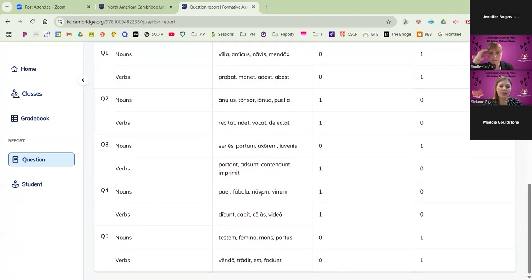And then because this gives you an idea of the specific vocabulary, that also gives you an idea like, okay, so with nawim, like they're pretty good at recognizing that it's a noun, even though it doesn't have a nominative ending. But with this one, there were 2 nouns that had accusative endings, and this one was not very popularly accurate among the students. So you can kind of leverage their answers with what you do in class with that.